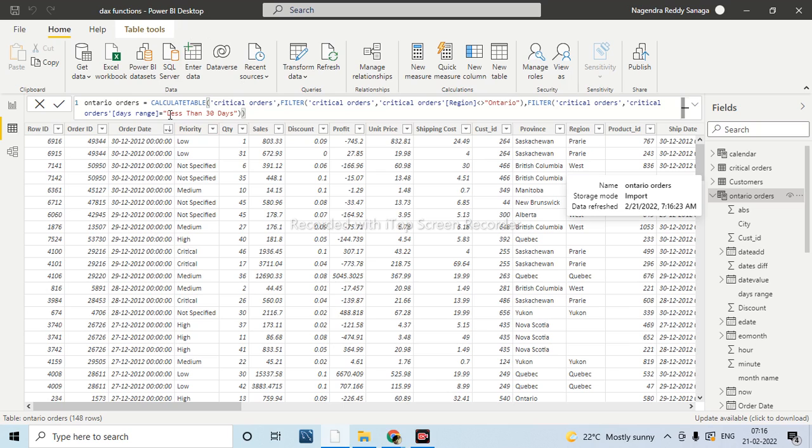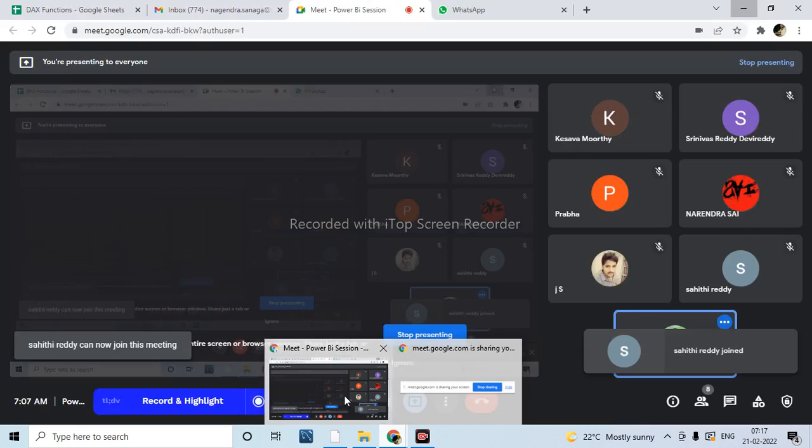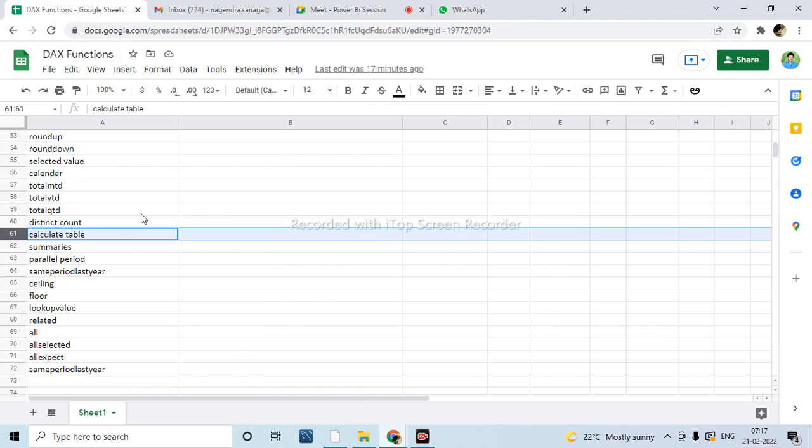Normally here we have calculated the earlier column, right? So we are using it like this. Otherwise, the DATEDIFF function which we wrote in that new column, we will directly apply that logic in the calculated table itself. Okay, let's see one more function.